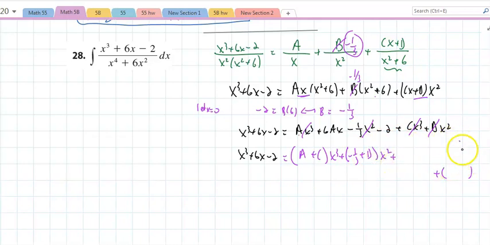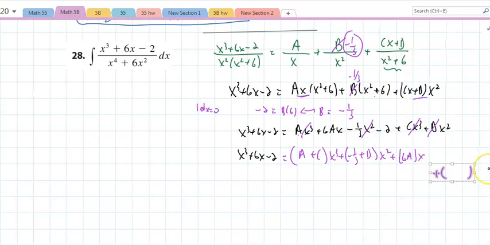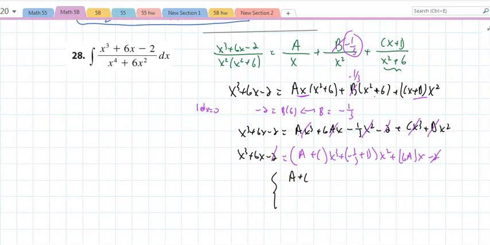The x's would be 6ax, and the constant is simply a negative 2. Well, negative 2 equals negative 2, that's easy. And look how nicely this works. A plus c, the number in front of the cube, must equal the number in front of the cube. That must be a 1. The number in front of the squared, there's no square, that means that must be a 0. That's the negative 1/3 plus d. Automatically, I know that d equals